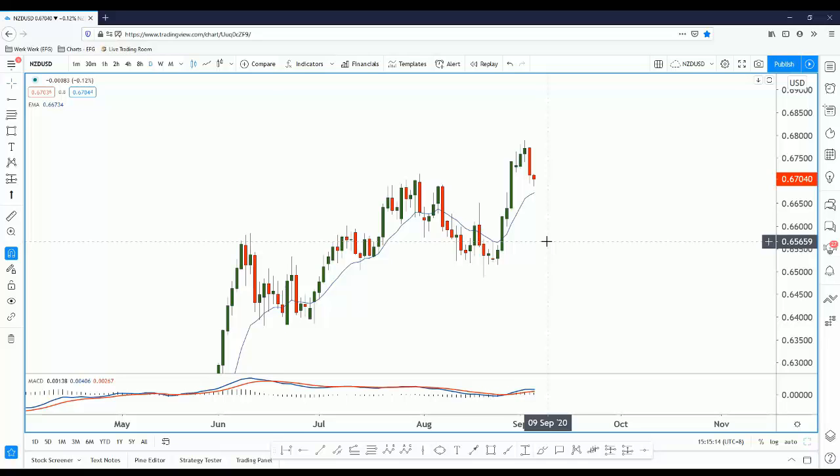Hi everyone, welcome to today's trade of the day, and for today's trade of the day we will be looking at the Kiwi dollar. Right, so what I have here is on the daily chart, and we actually see that